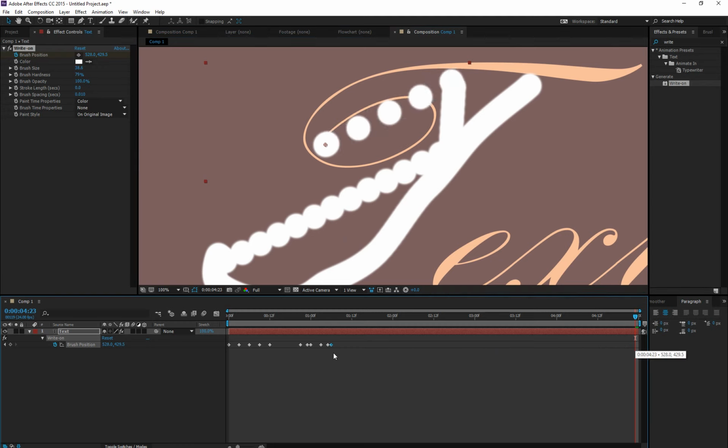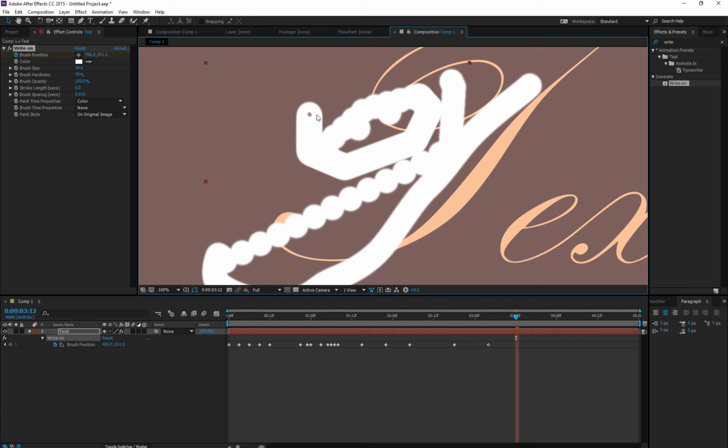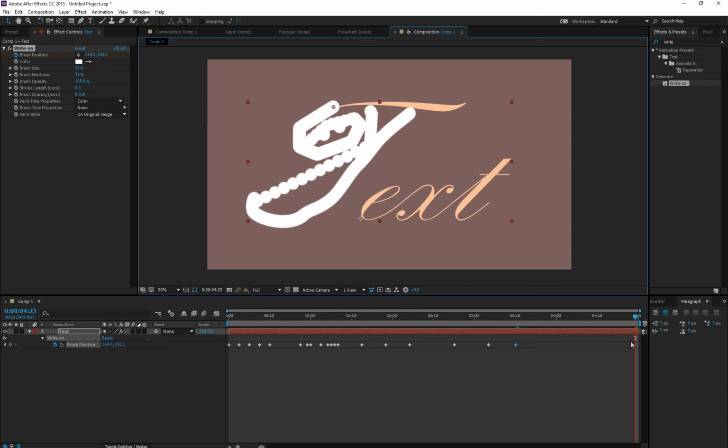So let's just directly go to this keyframe, and from here let's start covering this area. Let's go to the end, and maybe here